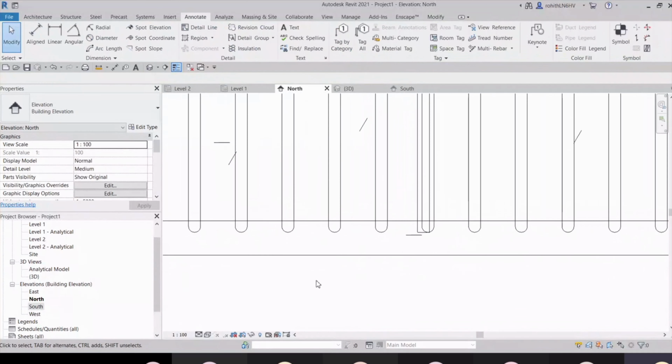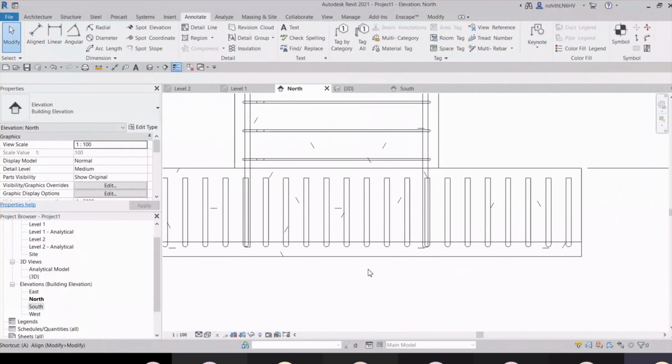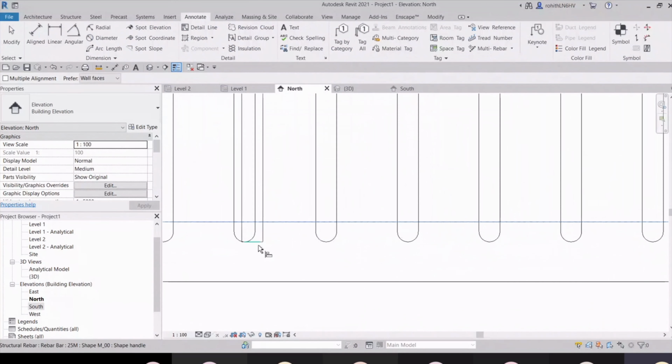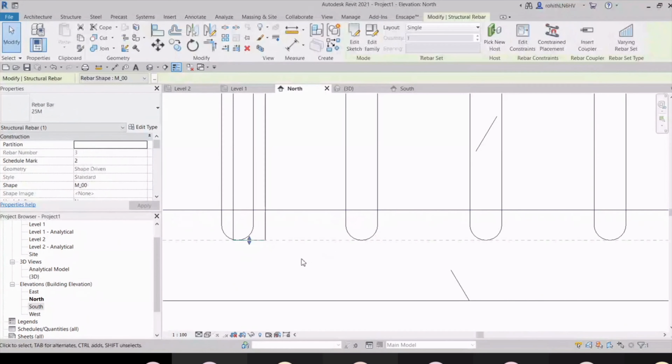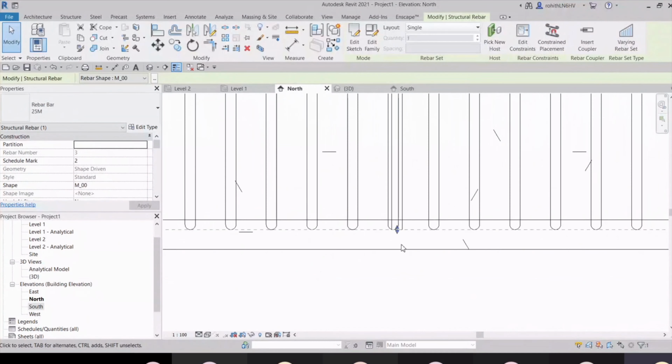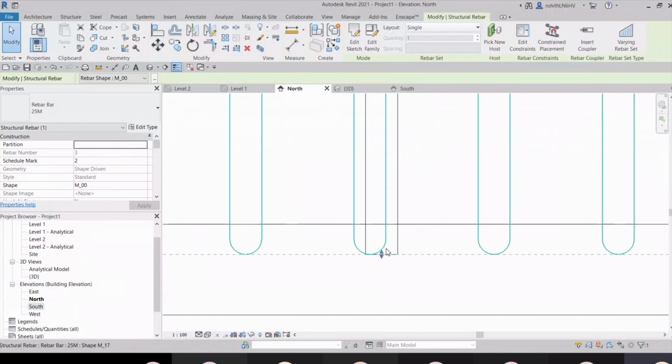So let me go with this AL align, select this one, and then select this bottom. Okay, and go with this multiple alignment. Okay, so I have to drag it till there. Let me drag it to here.